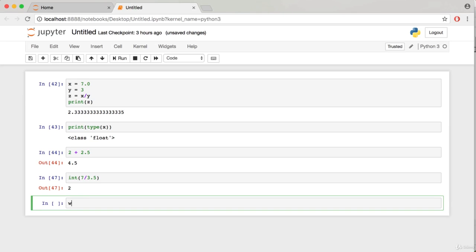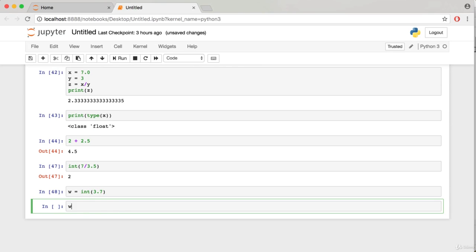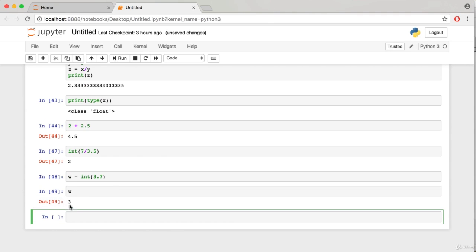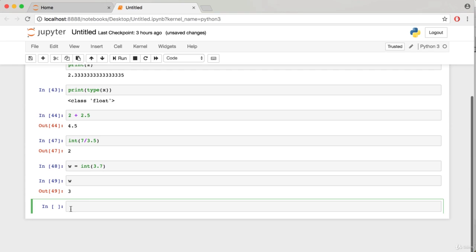If I set w is equal to an integer of 3.7, it's going to cut off the 0.7, and by outputting w, it will give us a value of 3. This can be useful if you are counting the number of people that voted, for example. You can't have 3.7 people, it must be a whole number. So the take-home message, if the result of the computation relies on an integer value, make sure it's an integer